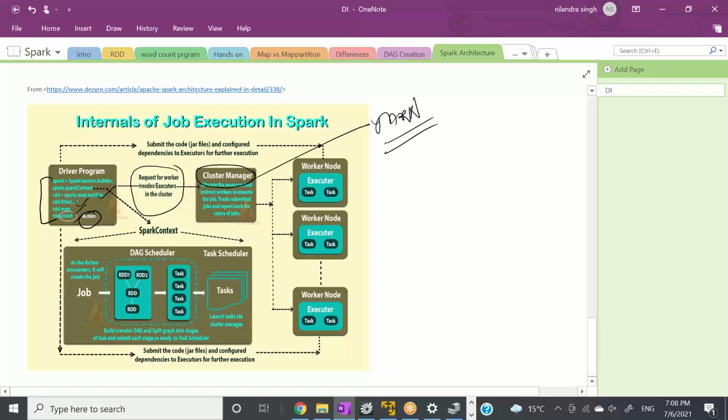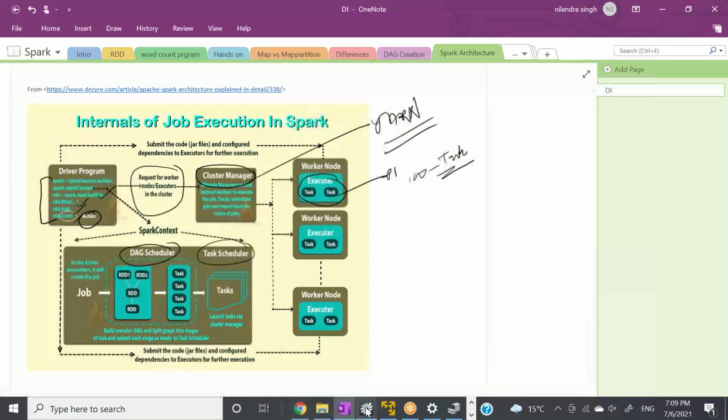Yarn, on behalf of the driver program, will create some containers, and these containers will execute some tasks, right? Each container will run multiple tasks. These tasks will be the number of partitions. So let's say we have 100 partitions for that data file on worker node 1, then we will have 100 tasks here, right? Now, one more thing: the driver program is creating a DAG for you, and it is submitting the DAG to the DAG scheduler, and then it is submitting the tasks created from the DAG to the task scheduler.